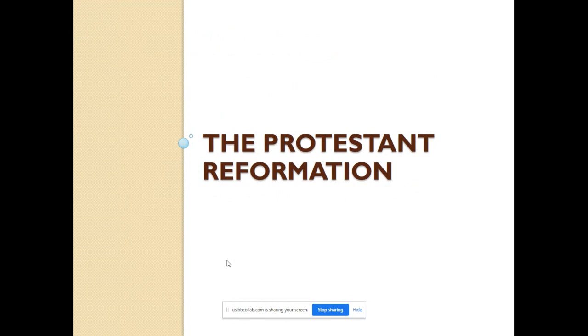All right, that's the voyages of discovery. I'm going to shift a little bit now and talk about the Protestant Reformation. So this is going to be mostly about religion. Just to refresh, and I think I've already mentioned this,